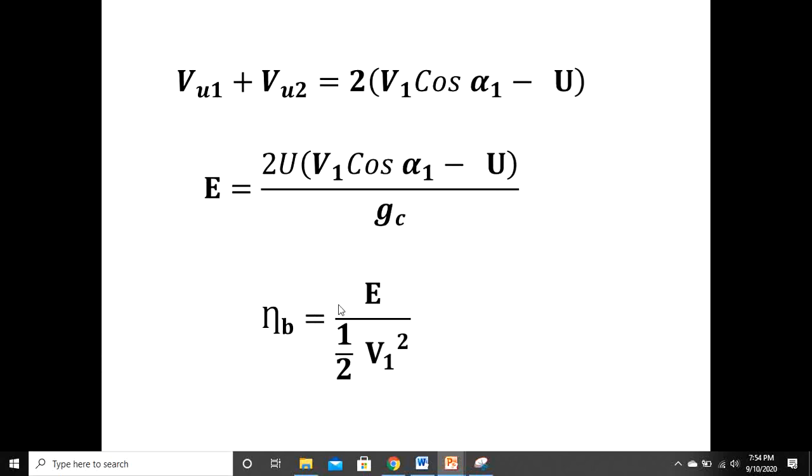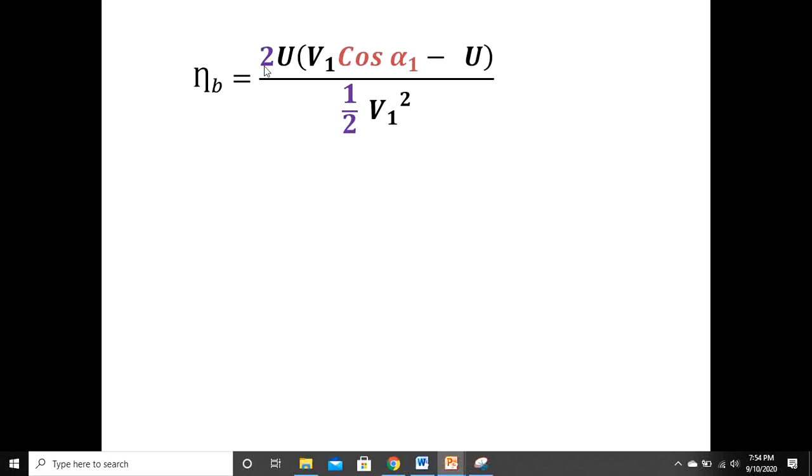Therefore, maximum blade efficiency is energy divided by kinetic energy input. Sir, where is m? Because this is per unit mass, therefore this is also per unit mass flow rate. We have done this equation for unit mass flow rate; you see in the Euler's energy equation derived in the second video, watch that one properly. That is done for unit mass flow rate. Therefore, in half m V square, m is unit mass, that's why m will get cancelled. V1 square. So put in this equation 2U times V1 cos alpha 1 minus U.